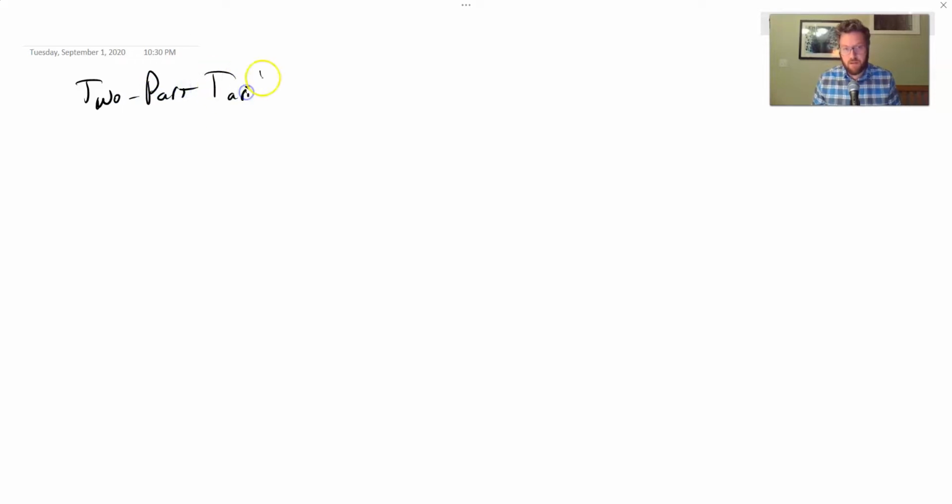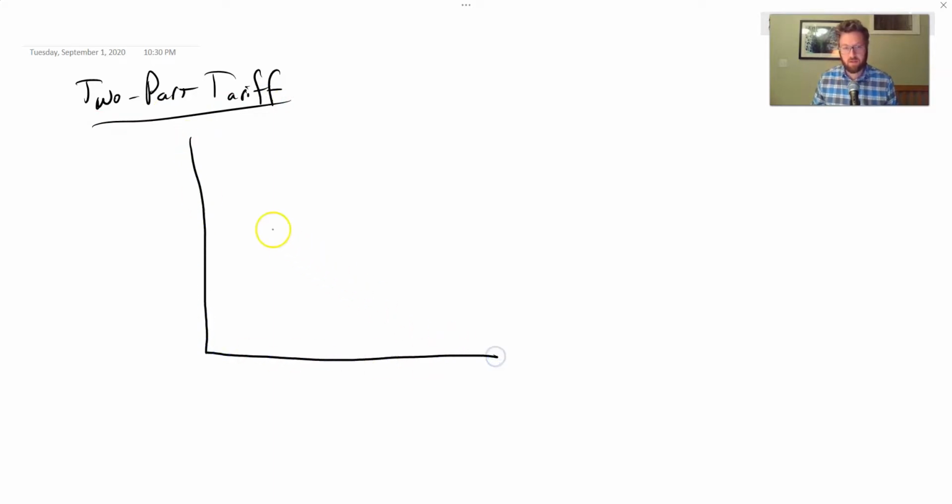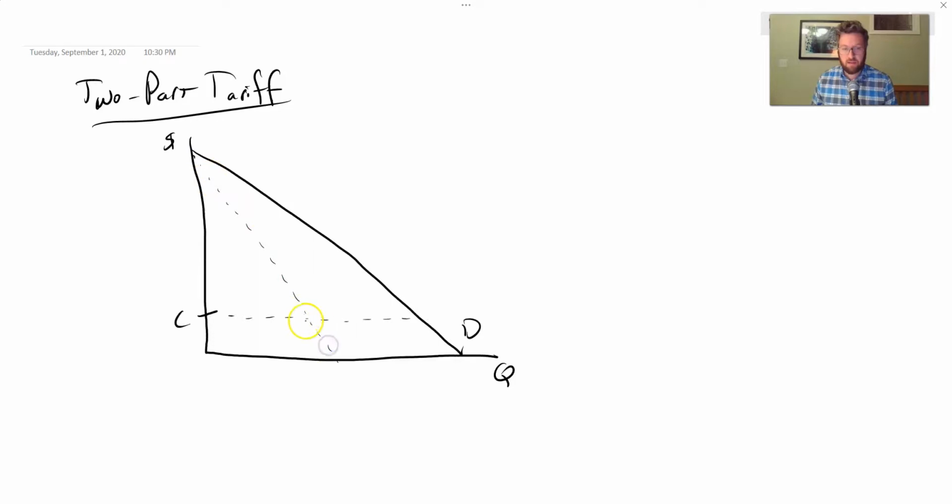Okay. So how does a two-part tariff work? Suppose we've got somebody whose demand curve looks like this. This is one person's demand. The lower the price, the more quantity they want to buy. Here's my marginal cost C. We know that if I'm going to sell to this person and I have to pick one price that they can get as many transactions as they want at, then the best option is going to be to set a price here,